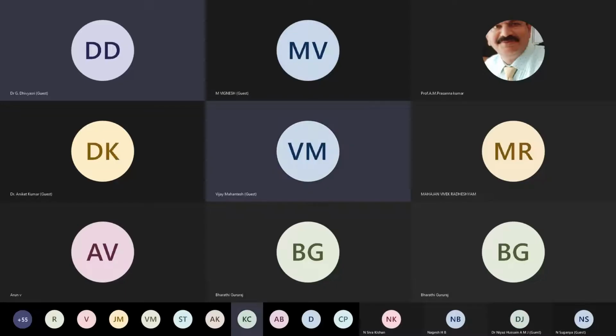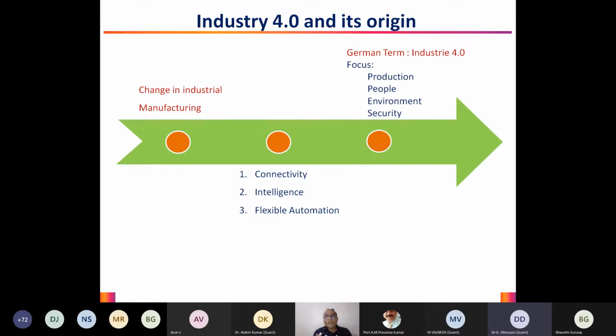is Industry 4, and then we will see one or two real examples where Industry 4 is happening, and then we will also see what the future holds for us. Right. So with this, we will see what Industry 4 is, and we'll try to understand what its origin is. As we all know, because this session has been happening for the past 2 days, I hope everybody has got a fair bit of idea about what Industry 4 is.